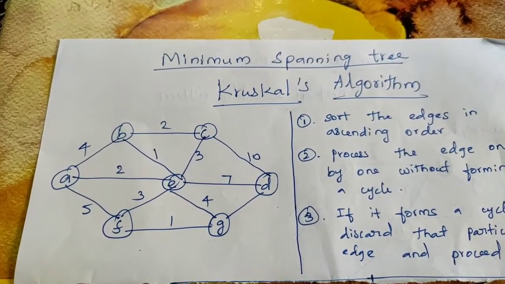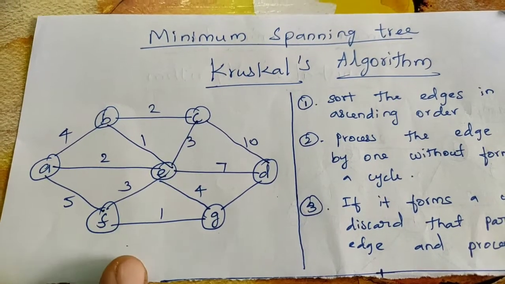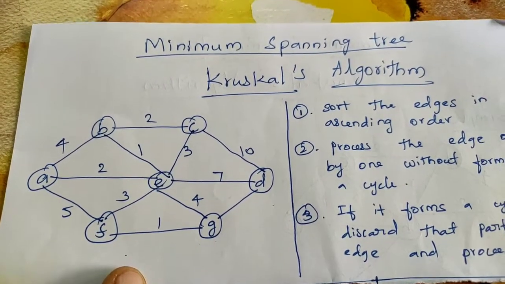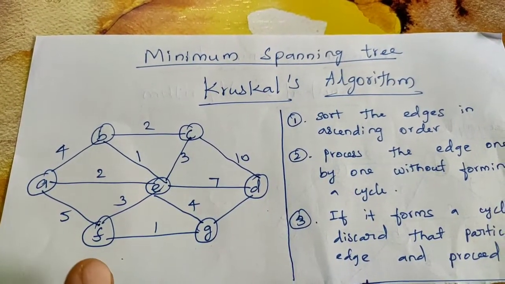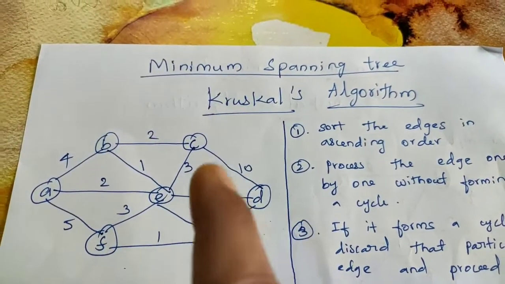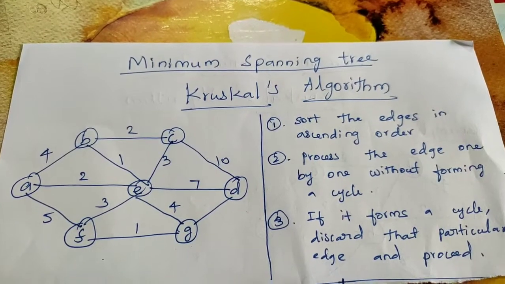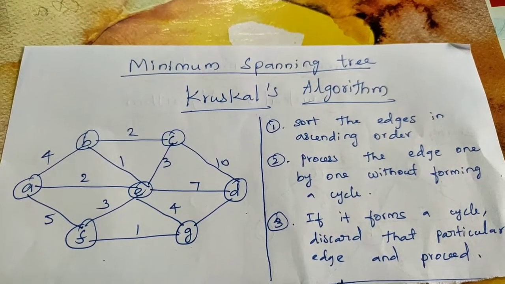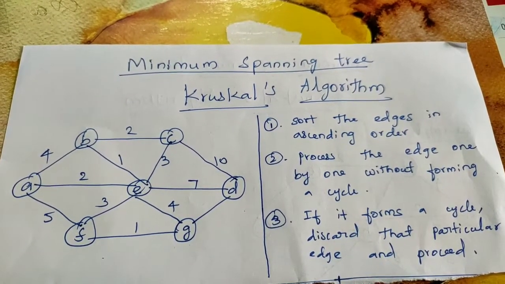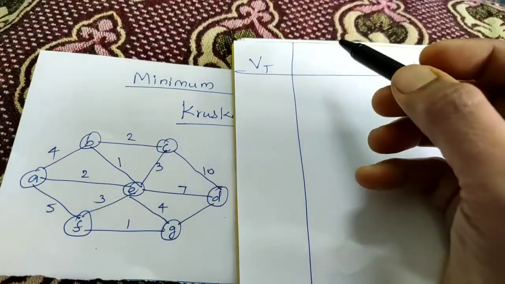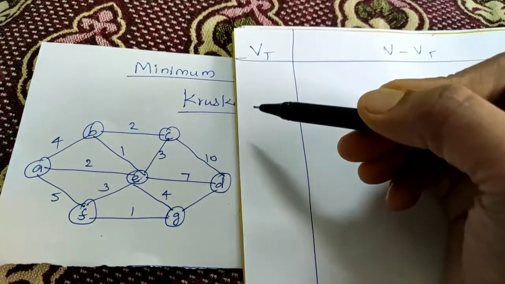To implement Kruskal's algorithm, let us take one example graph with 7 vertices. All the 7 vertices are connected by edges with some weights specified on the edges. You need to consider a weighted connected cyclic graph for finding a minimum spanning tree. Find the minimum spanning tree using Kruskal's algorithm for the given graph.